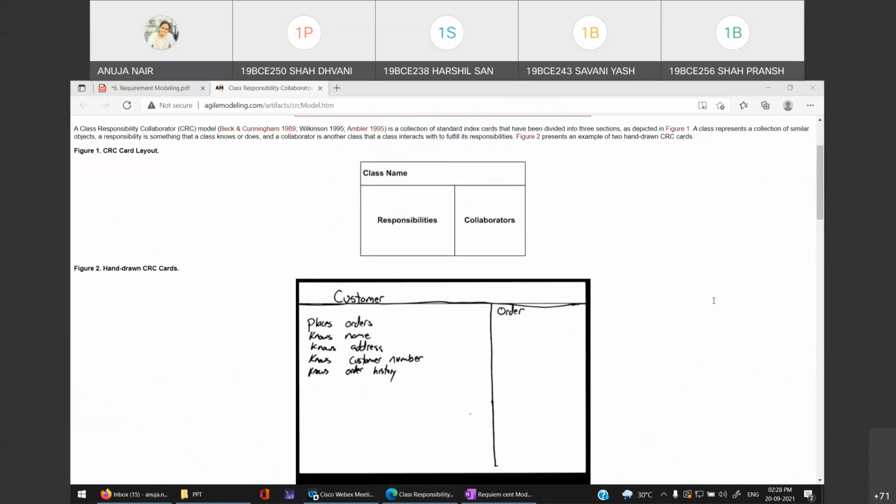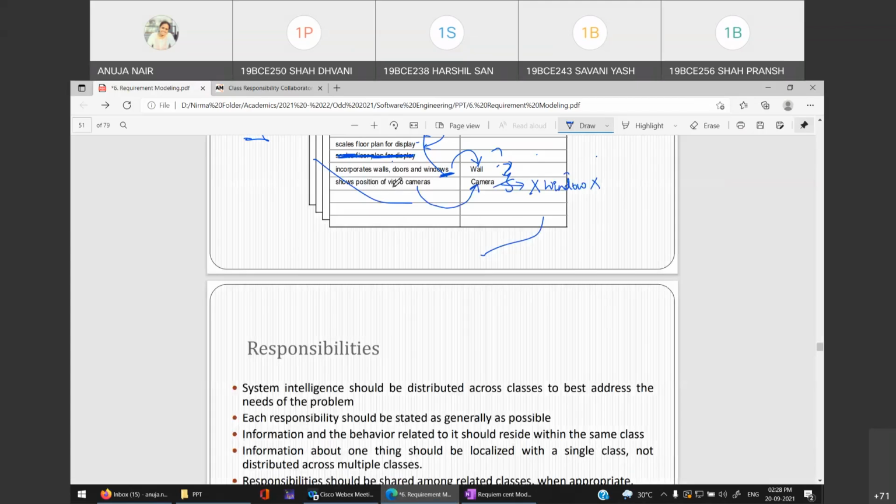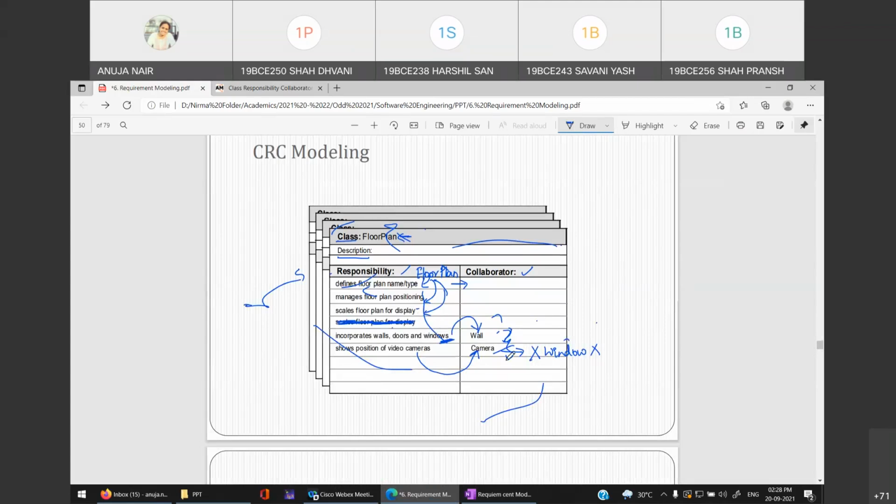This means the wall contributes to the program. Yes, Janal, that's true. In order to do that particular task, let's say incorporate walls, doors, and windows, the floor plan is getting associated with the wall class. It means either it is calling some method of the wall class or it is taking some value from the wall class. Whatever it is, that is not shown over here. We are not showing which value is getting passed or which method is getting called. For this particular method, it is going inside the wall class; that much is shown by means of CRC index cards.